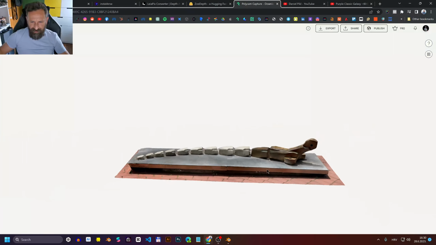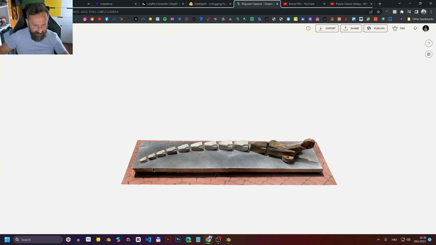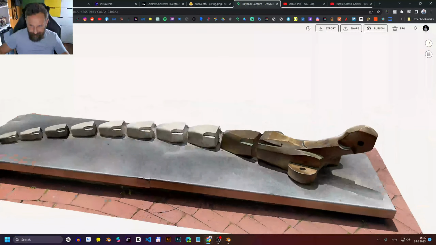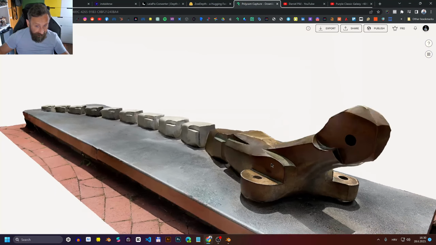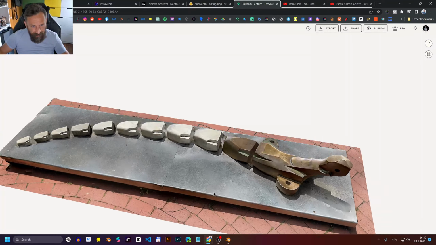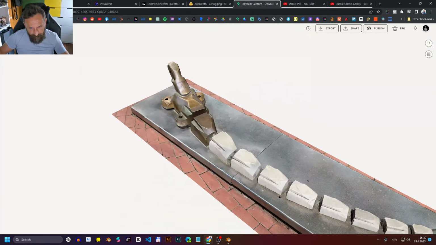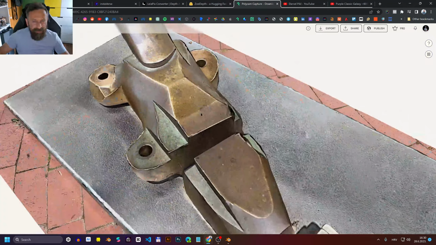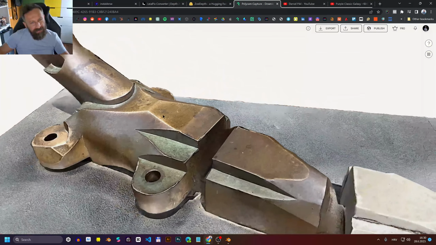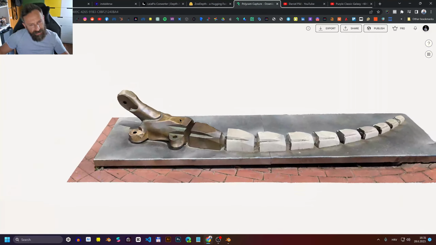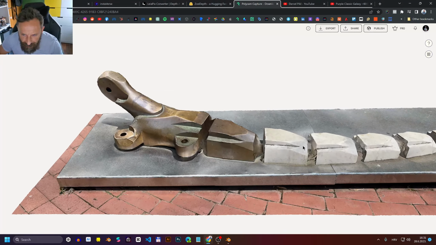I think it's 3 or 4 meters long. As you can see, it has really good details. It is made of metal and rock. This part was another kind of metal, and those white parts are made of